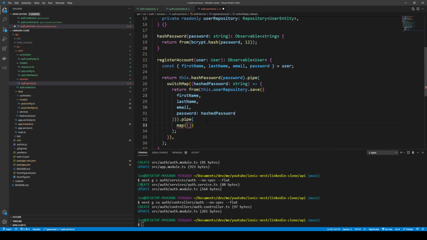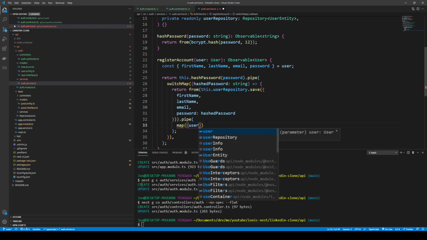So map is when you want to return non-asynchronous data. So essentially we just want to return the user, right? So we want to return the user,